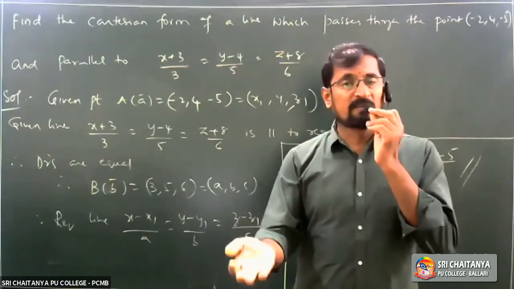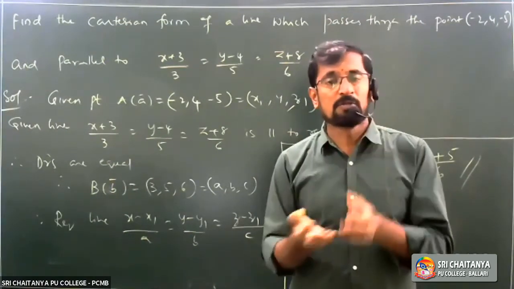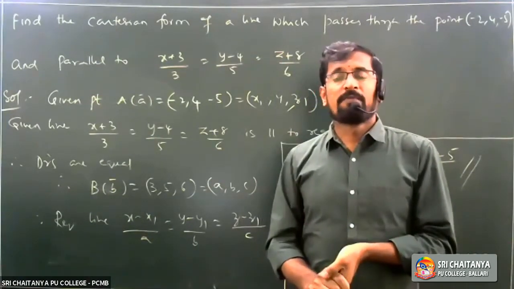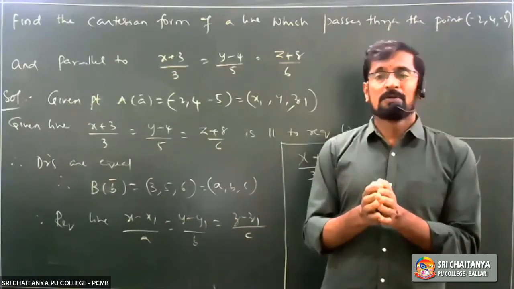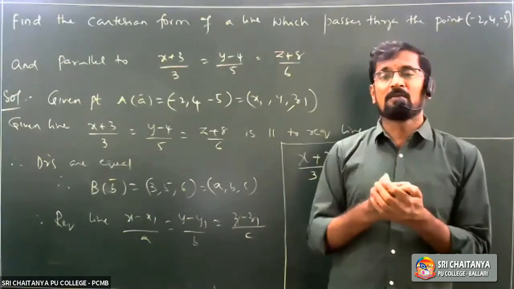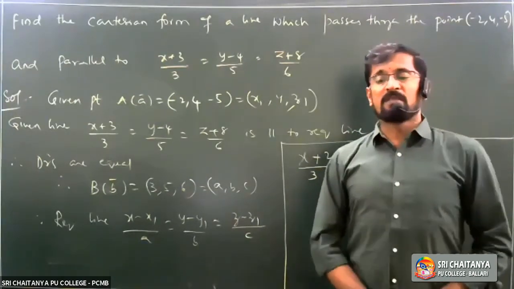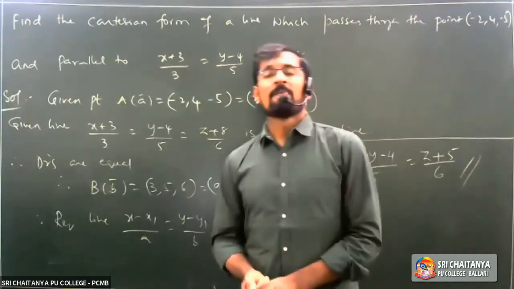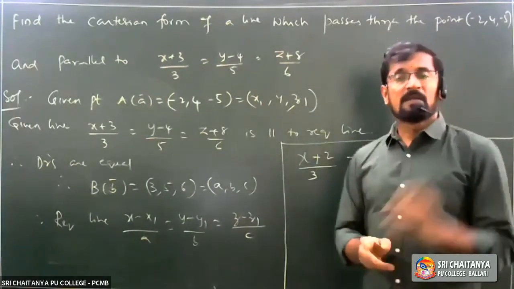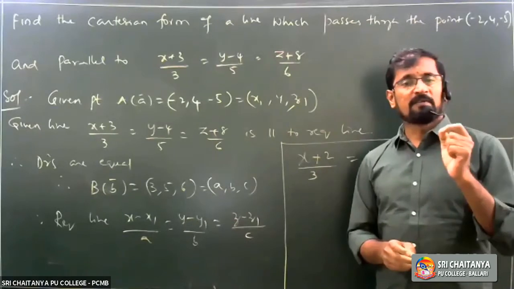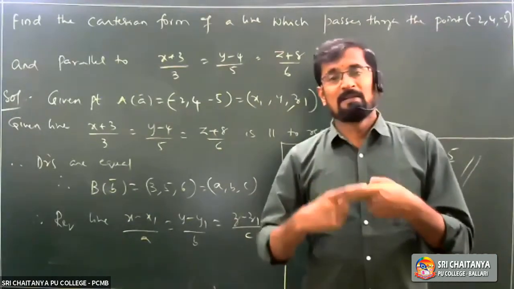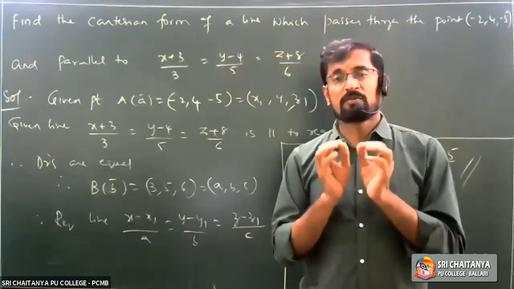In exercise number 1, we have done to show that the points are collinear. We found the AB bar DRs and the BC bar DRs. A1/A2 is equal to B1/B2 is equal to C1/C2. That shows the direction ratios are equal. I am repeating this point once again because this is important. If two lines are parallel, then the direction ratios are equal.